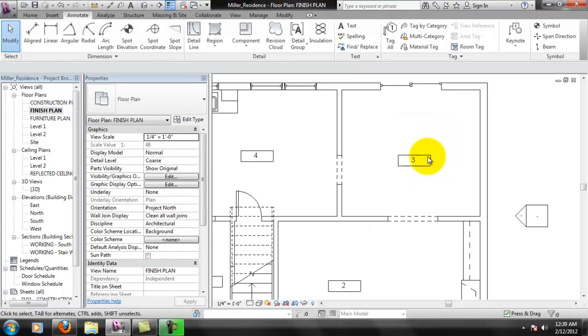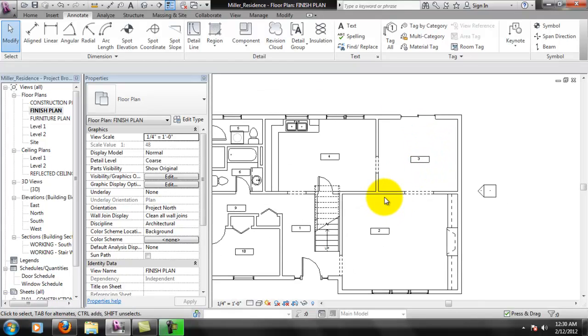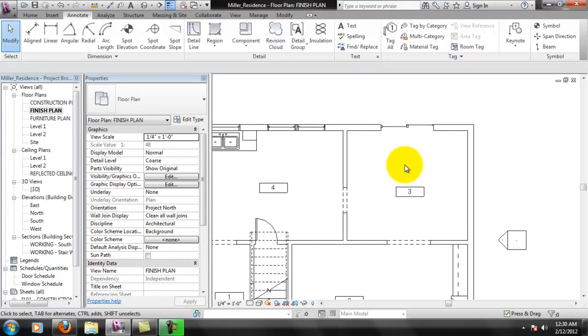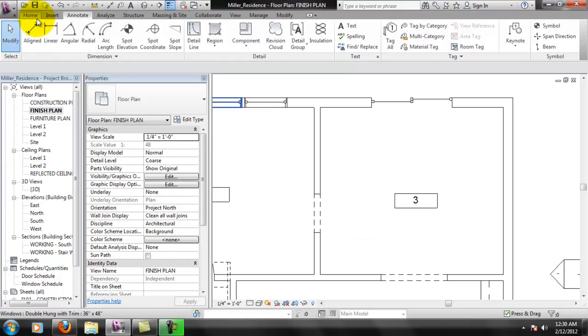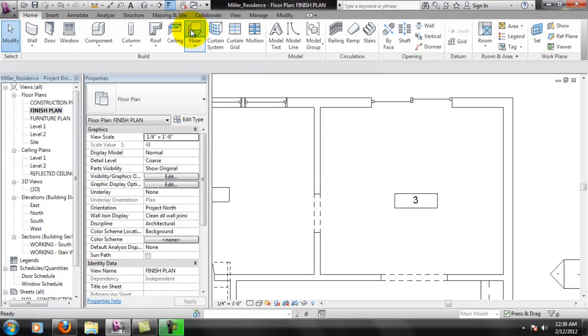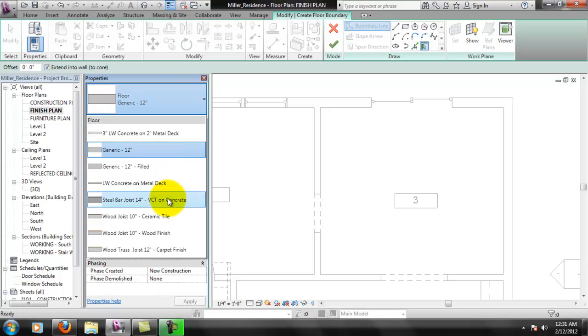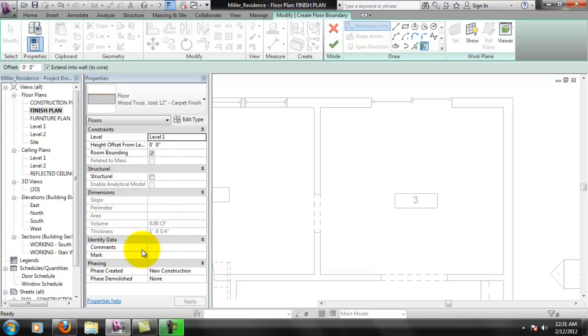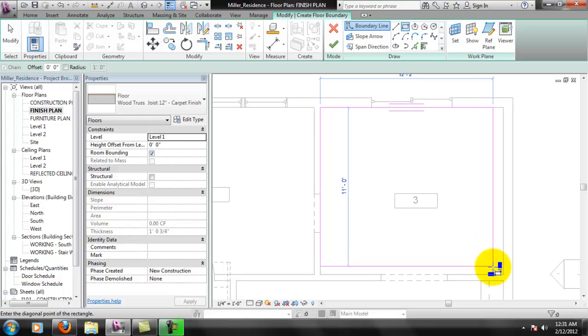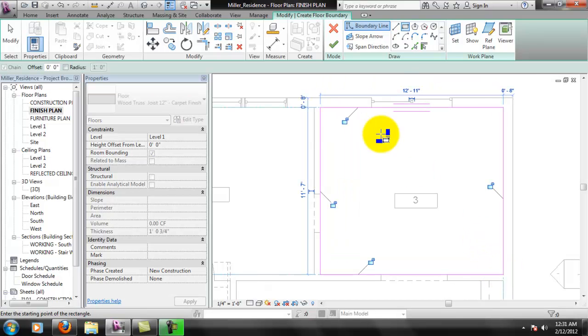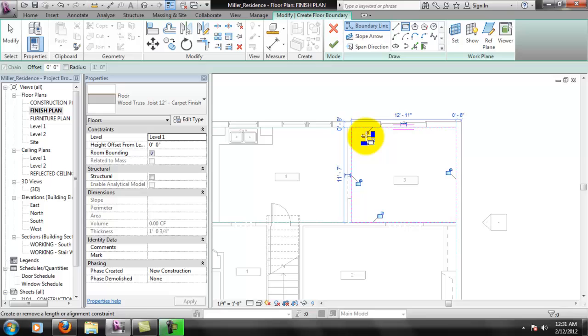Basically, for the finished plan, you're showing floor finishes and special wall paints and stuff like that. So we need to add floors. We added our ceilings, now we need to add floors. Generic 12-inch. Do a wood truss carpet finish here. Actually,